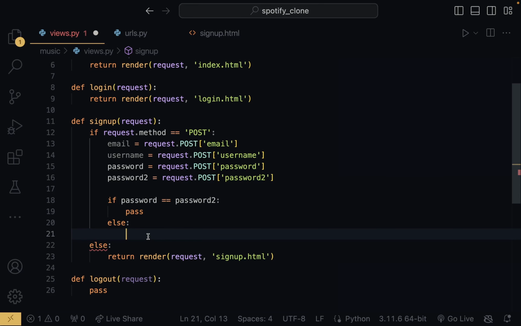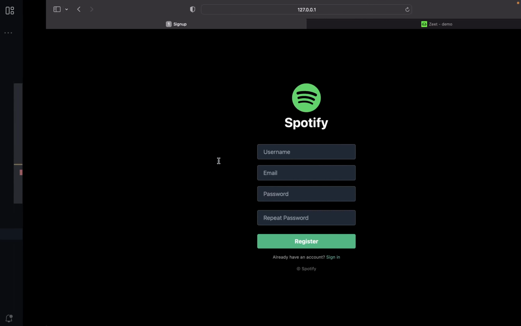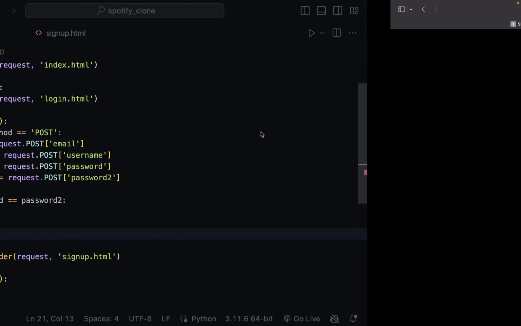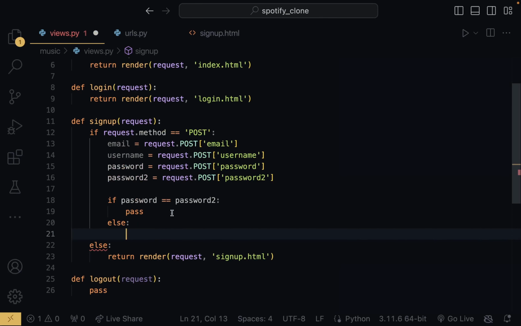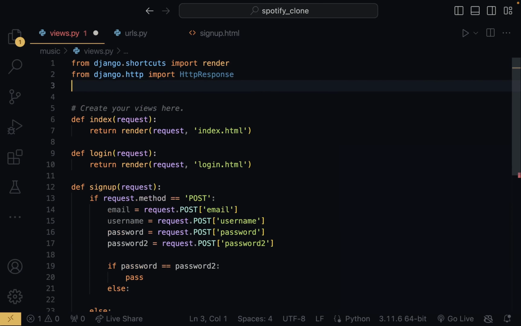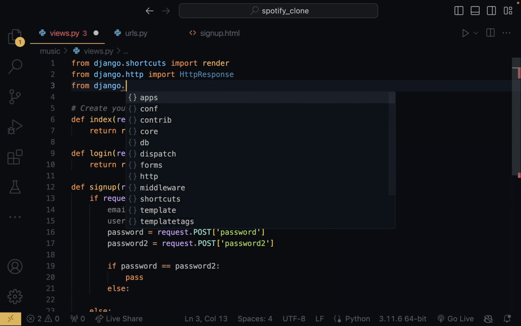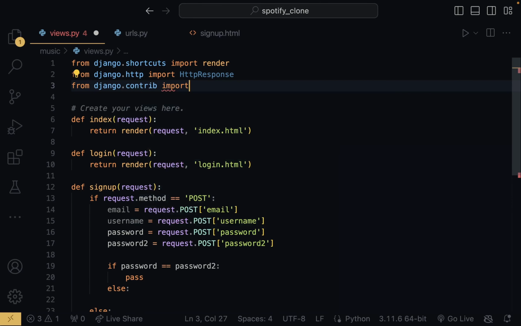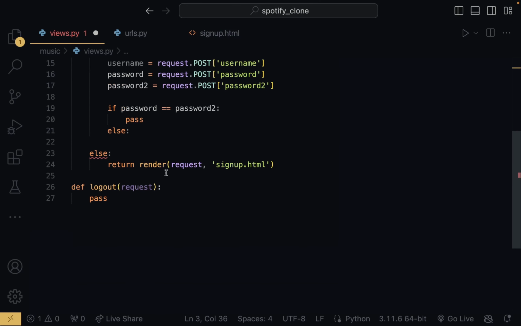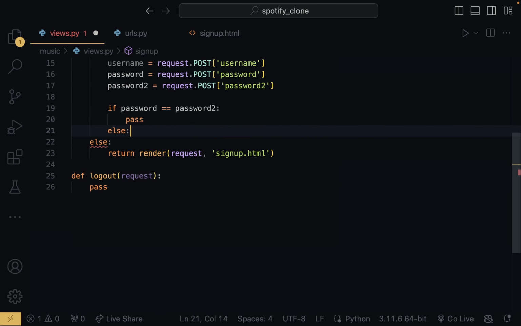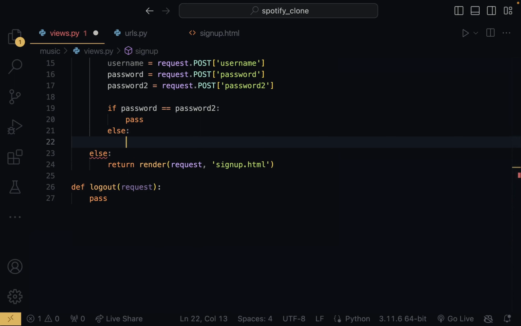So for us to pass a message back to this page saying there is an error, saying your password is not the same, we need to use something called messages. But before we can use messages, we need to import it. I'm going to come here and say from django.contrib import messages. So this is how we can import messages. Now we can send a message to our template. So I'm going to say messages.info,